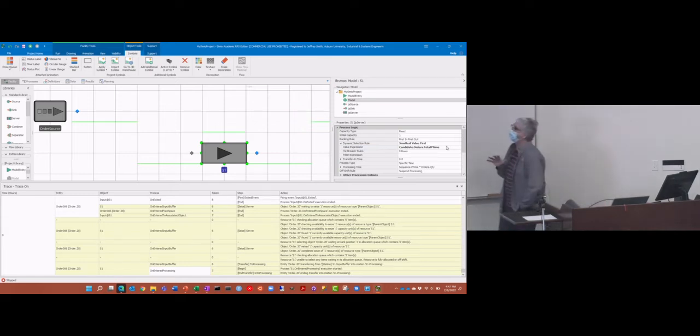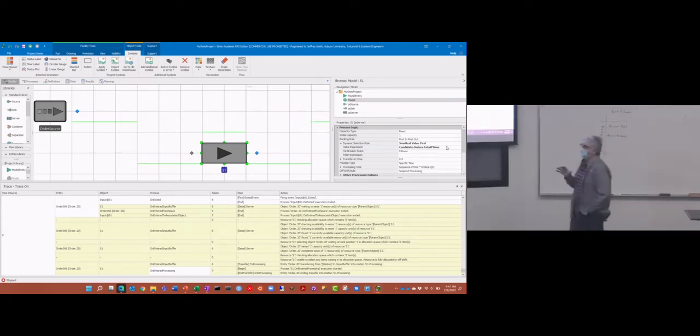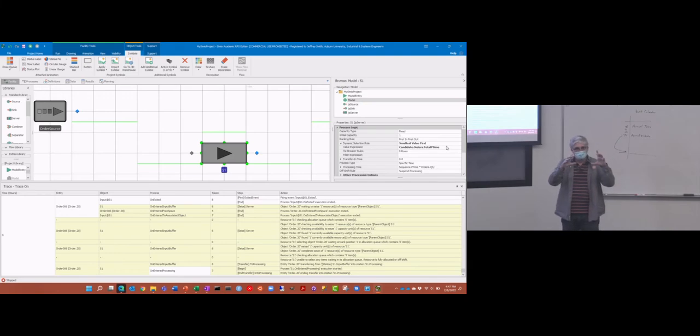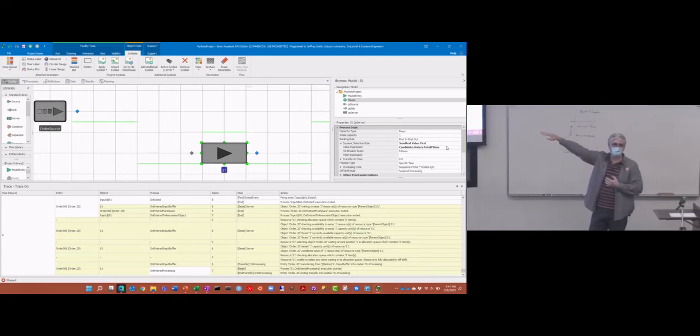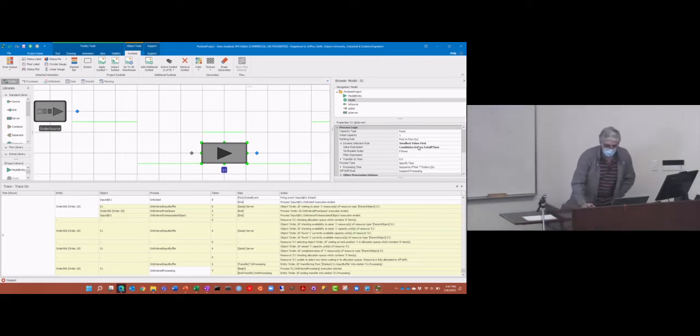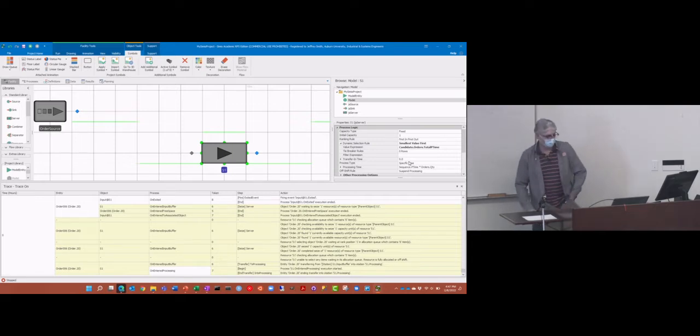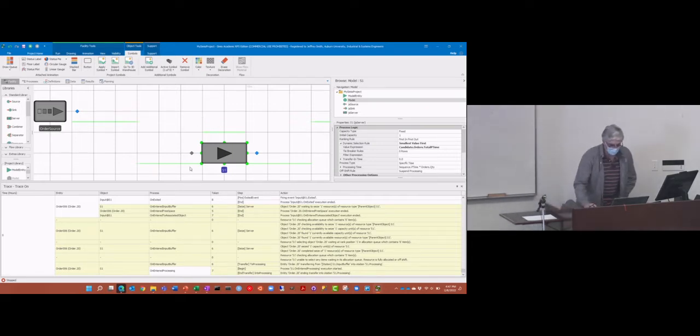Okay, so when you do a dynamic dispatching rule, it's looking at everything in the queue. And so you have to use the candidate keyword to say, apply to this candidate, this candidate, this candidate. So it's going to sequentially go through, and it's going to replace candidate with instances of that particular population. In this case, it's the set of entities that are in that input buffer. Okay? So we set my ranking rule here as first in, first out. My dynamic selection rule is smallest value first. Okay, so let's look at that. So when we run here,